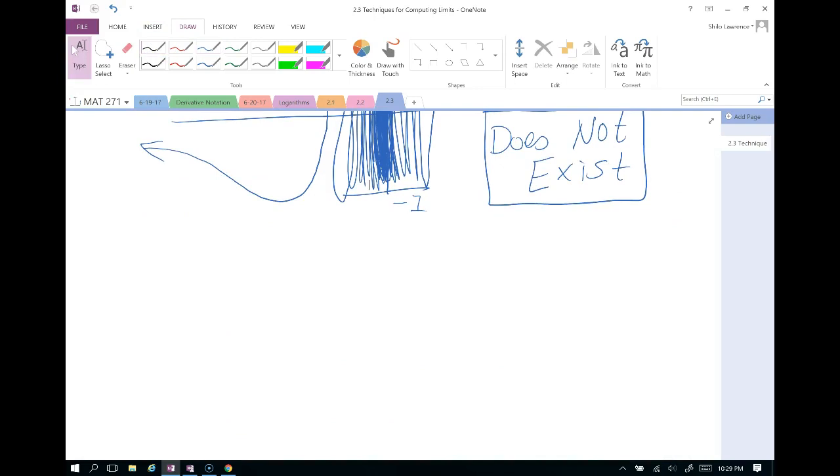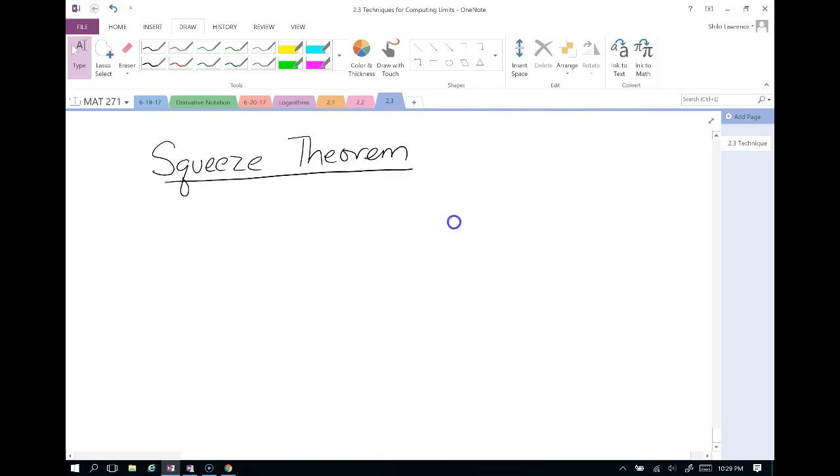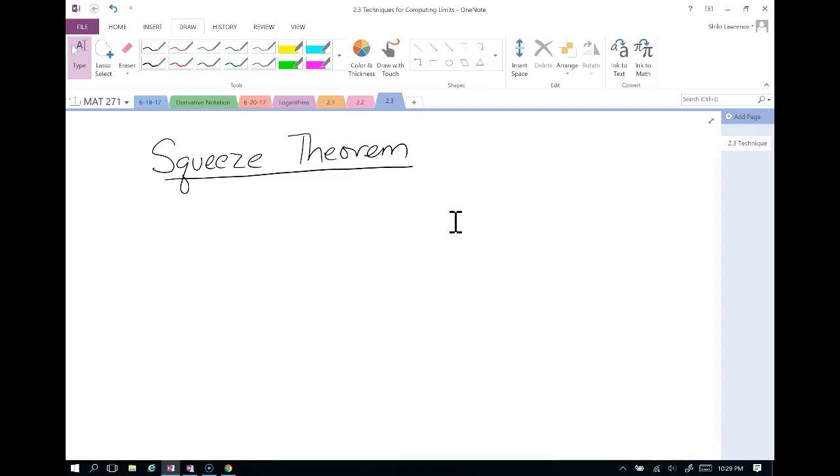All right, the very last thing in this section is called the squeeze theorem. This is helpful for when we don't know what function we're working with, or we really have no idea how to do the limit. So this allows us to figure out the limit based on some other similar functions that we do know the limit for. The squeeze theorem, and if you follow along with the book, it's on page 75, says